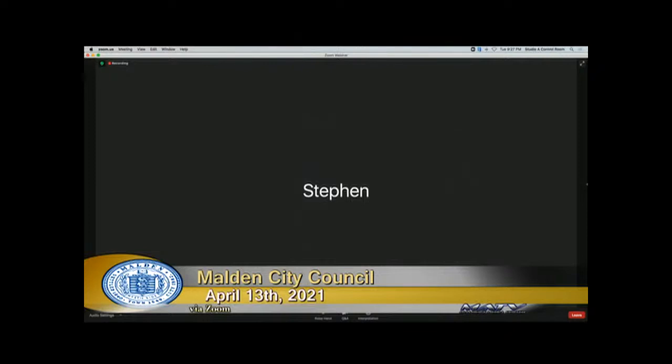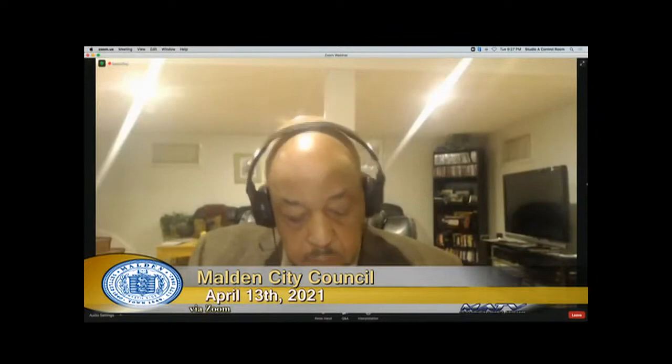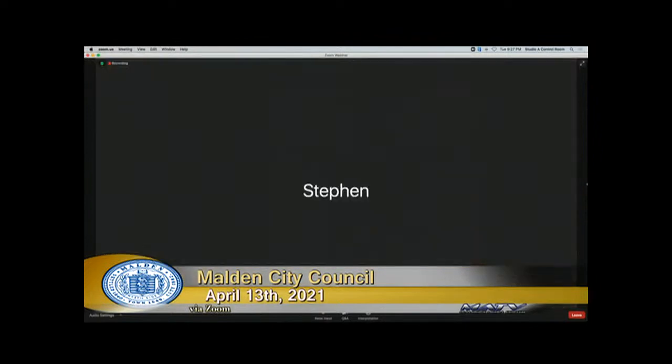So I don't really understand how squeezing it down to one lane, with buses mixing in to cross over and turn left towards Malden Center, will exactly improve traffic. That's just my opinion. The second point I wanted to make is in regard to public transit. I'm pretty sure you all know that roughly once or twice a year, the MBTA shuts down Sullivan Square to Oak Grove for rail